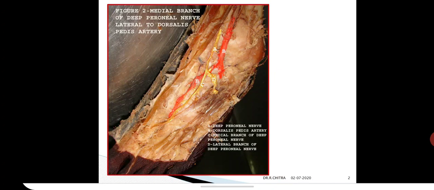For every compartment, you have to prepare the muscles, origin, insertion, nerve supply, action, and also any other tendons like this in the dorsum of the foot and dorsum of hand. We will be having the tendons for insertion. And you have to read about the nerves and arteries in that compartment also.